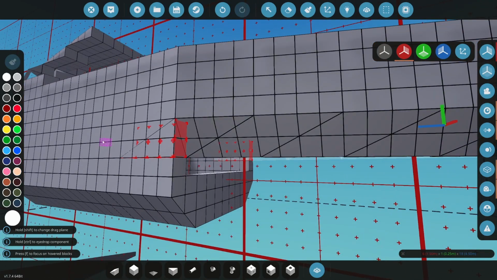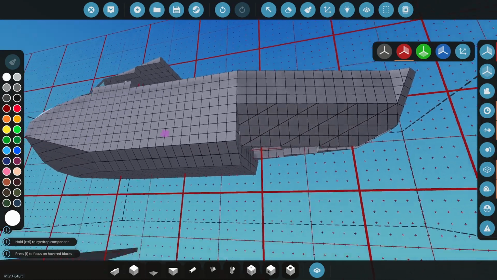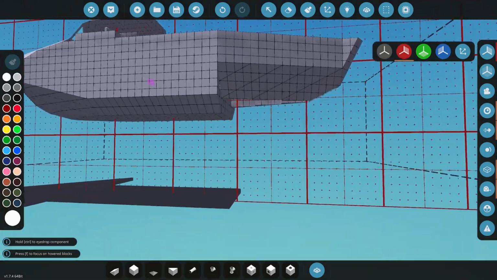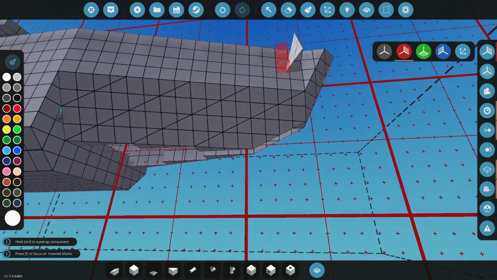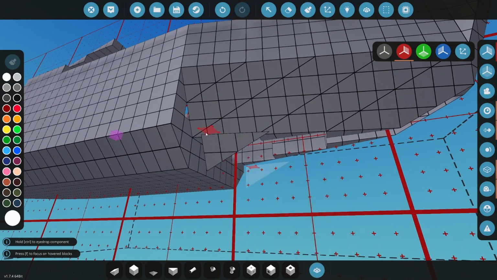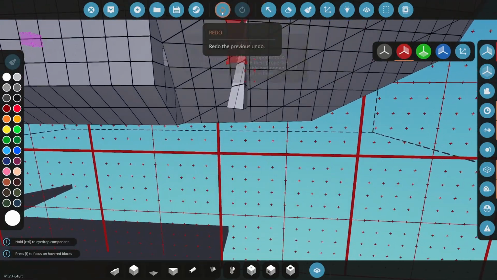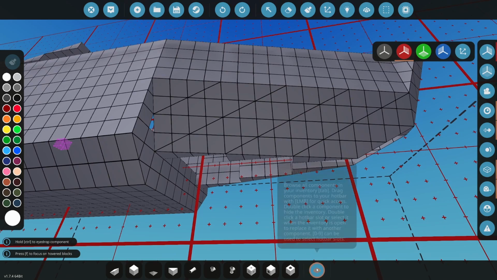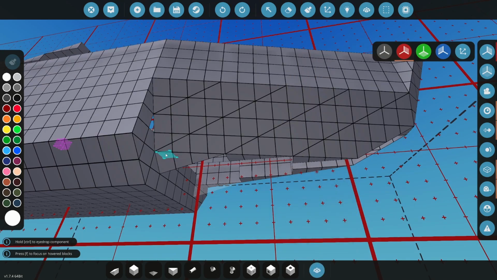I think how I can reintegrate this here. Yeah, something like that maybe. It doesn't need to go that high though, that's the thing. I don't know, let's see what I can do here. Yeah, it's a little bit fat and annoying. Let's do...